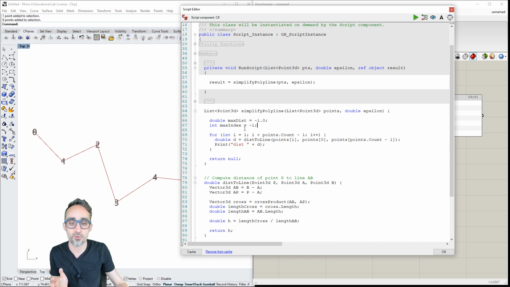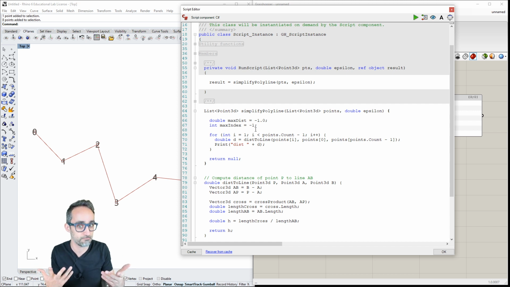So I'm going to use this integer, maximum index, to keep track of the index of the point with the maximum distance. And I'm also going to initialize it to a ridiculous value, minus 1. We cannot have a point on a list with an index of minus 1. That is just not possible. So because that's the case, it will be helpful for us to identify if we have found such a point or not.